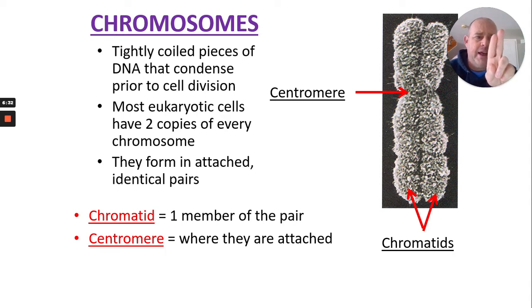And where they get attached, honestly, it's more like this. Chromosomes are more like this. I know they show you X's in textbooks a lot. They show you X's like this, but really they're like this and they just touch in the middle. Okay. And where they touch, that little spot right there is called the centromere.